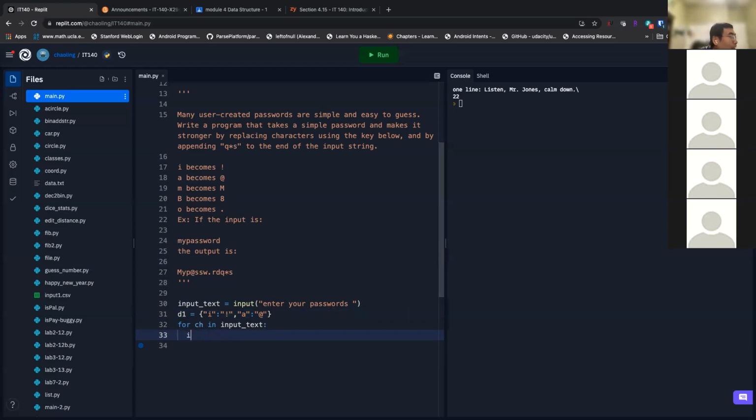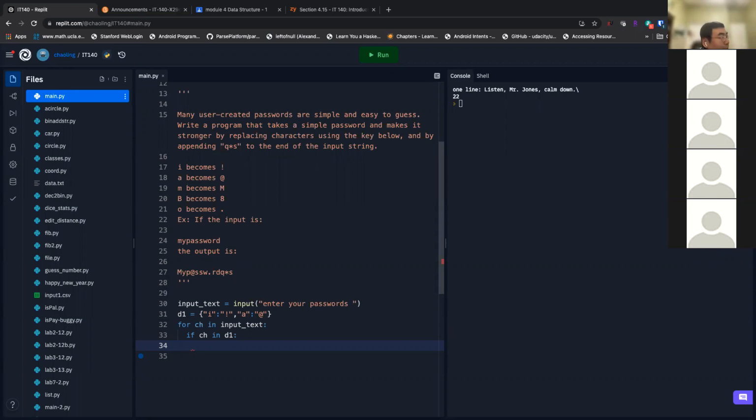So yeah, for C in the input text, if the character is in D1, then the key exists.